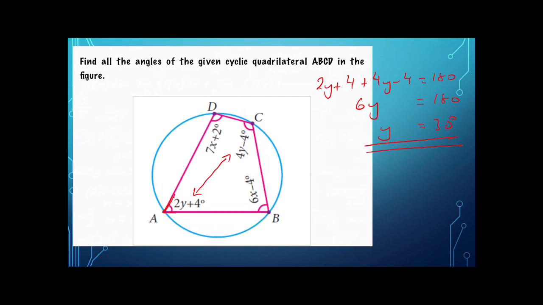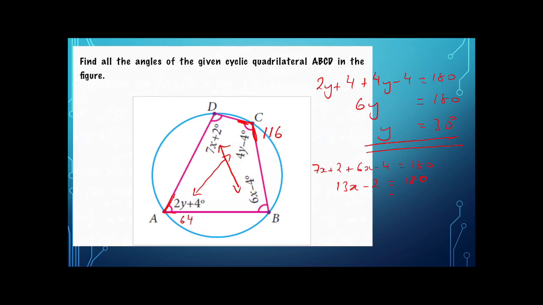Okay, now it asked us to find the angles. Let's look at this angle here, that's 2y, which is 2 times 30, 60, plus 4 is 64. And this angle here, angle C, is 4 times y, which is 120, minus 4, which is 116. We've got those 2 angles, and then we've got these 2 angles. They're opposite angles in a cyclic quadrilateral, so they also add up to 180 degrees. So 7x plus 2 plus 6x minus 4 is equal to 180 degrees. That gives us 13x minus 2 is equal to